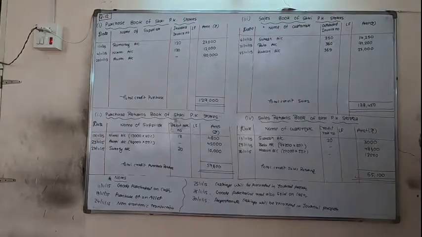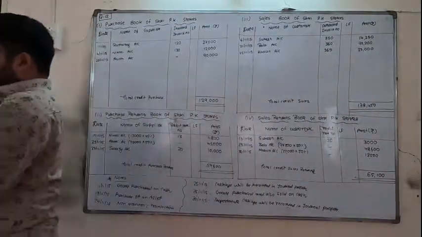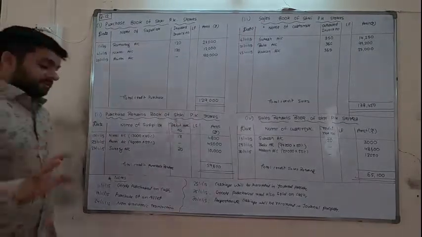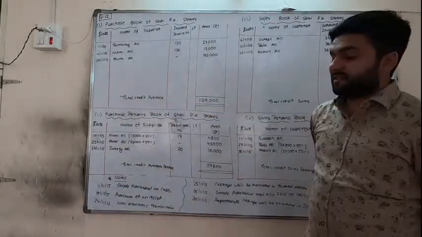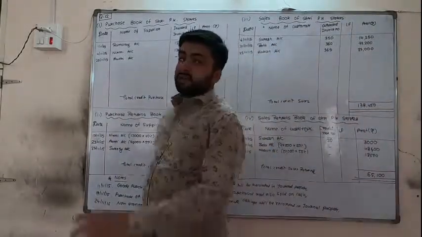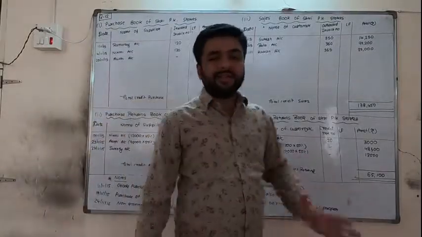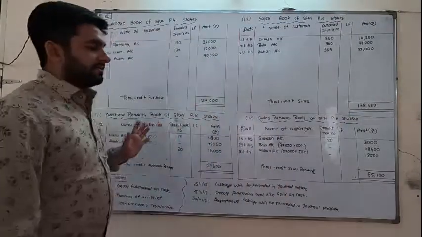Okay friends, so today our sum number 12 is also over. So one sum is only remaining that we have to take today, because it will take so much time, as we have to prepare 4 books but also with columns, so I am not taking it today. So let one sum only be today.